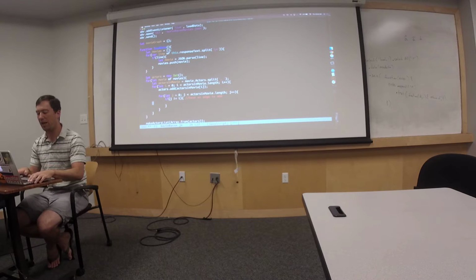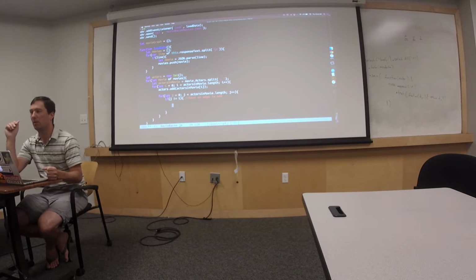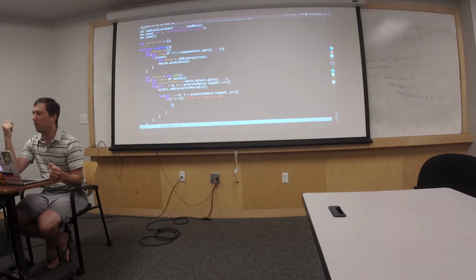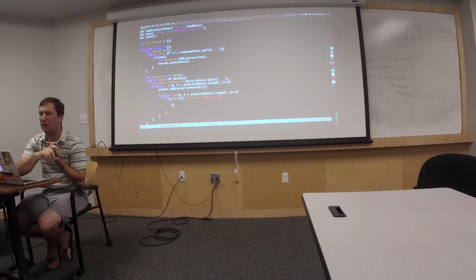And now I have an edge to add. To add an edge, basically, if I've already seen this actor before, I'm just going to add a new entry to an array. But if I haven't seen the actor before, I need to make an empty array first. So